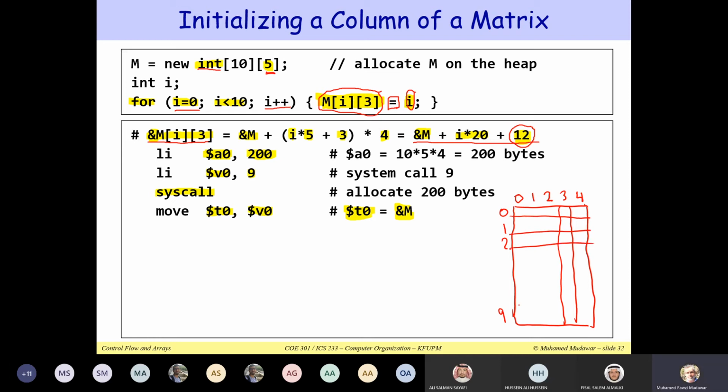So this is my matrix in memory. Initially, I'm going to initialize this element here. This will be M03. Then this will be M13. Then this is M23. And the last element in this column will be M93. Now notice that because we have only 5 elements in each row, to reach the next element, if I know the address of this element here,